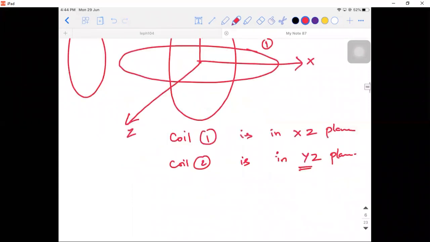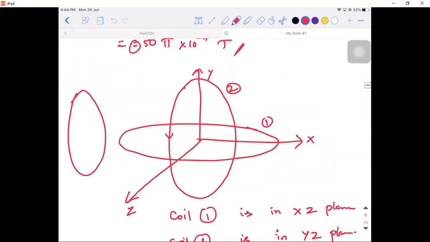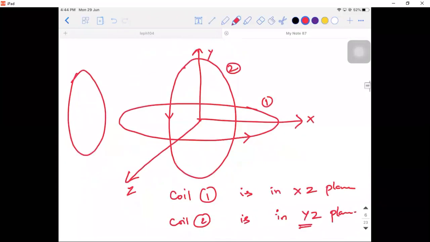Let's say their radii are the same. In this one the current is flowing like this, and in this one the current is flowing like this. Initially, looking at the direction of current will be slightly difficult for you, I understand. Once the 6th chapter is over, you will have better clarity on how to look at the direction. You need to be a little patient till then. Till then, I'll explain how you are supposed to look at it.